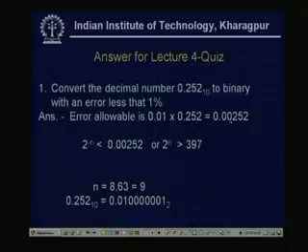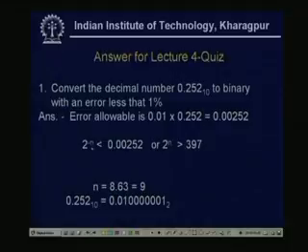So, this is equal to 0.00252. Now, the truncation error, that means when we convert the decimal number to binary, up to what digit we will convert it. So, if it is up to n bits, that means after the decimal point if we take the value up to n bits, then we know the error is 2 to the power minus n. Last lecture we discussed that thing. So, this error should be less than this 1% error, means 0.00252. So, 2 to the power minus n is less than 0.00252,